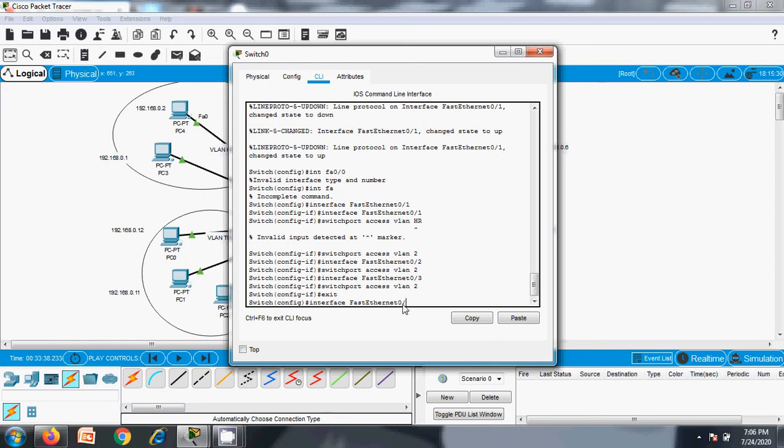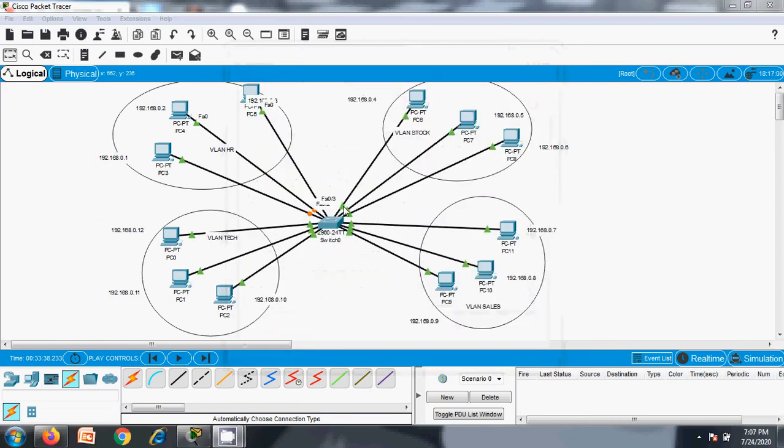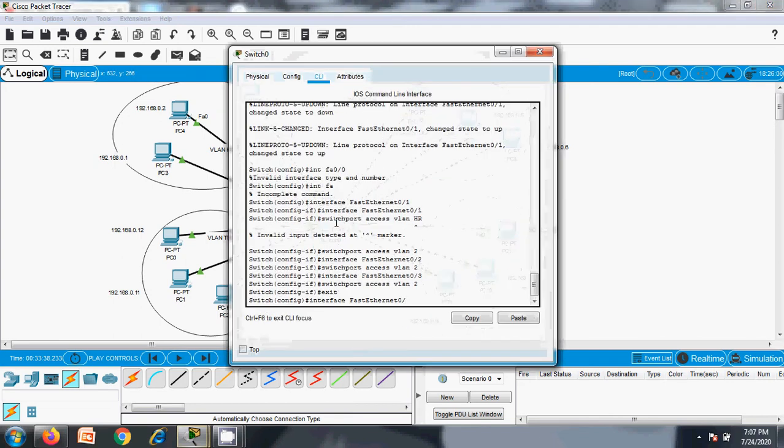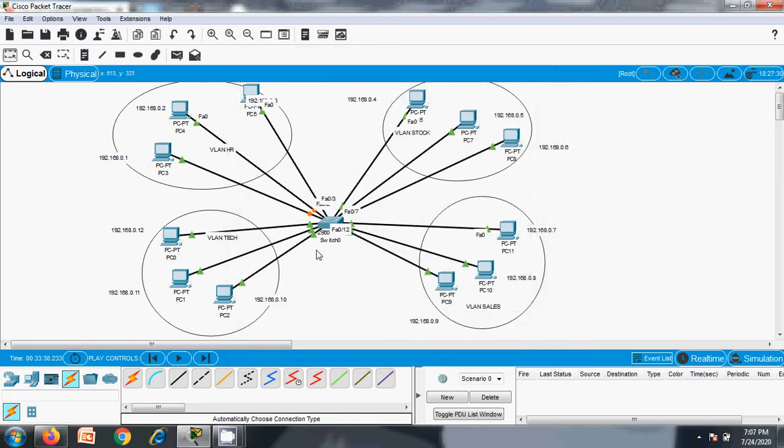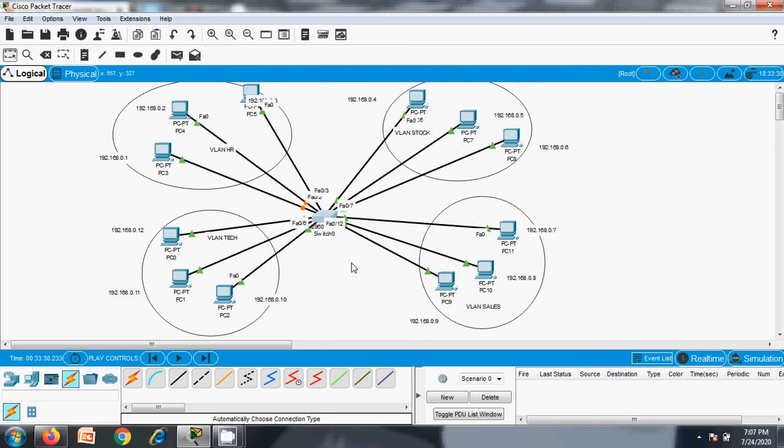So before that, let's see what all the interfaces are.